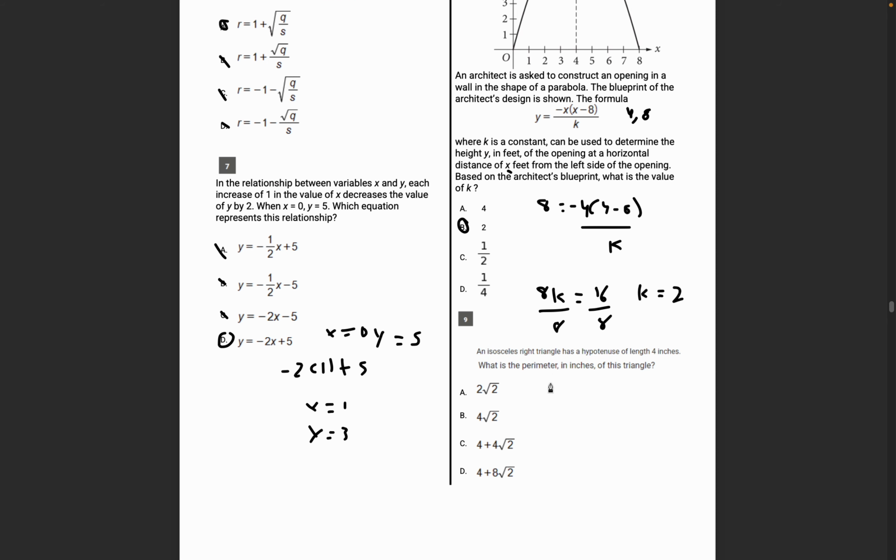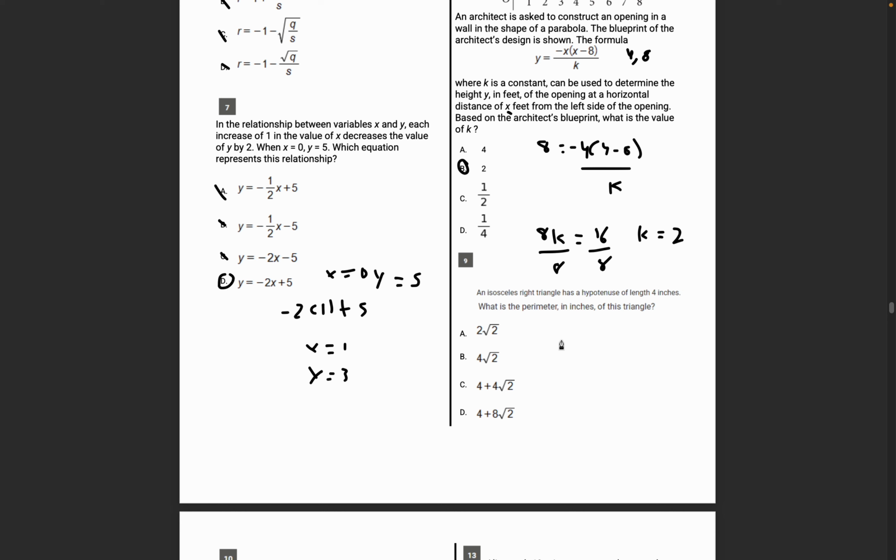Okay. An isosceles right triangle. Okay, let's draw that. This will be like this. This will be this. Anytime you have isosceles, that means this angle is congruent to this angle, which means that this is a 45,